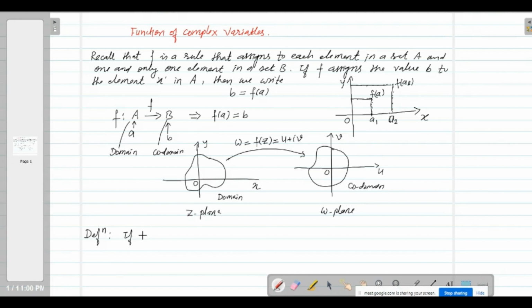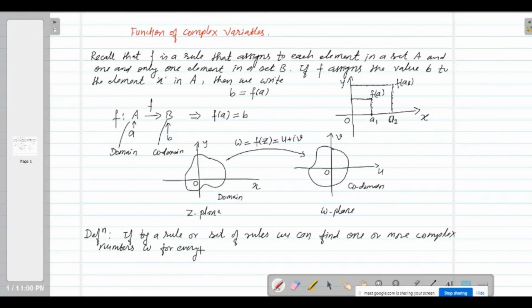If by a rule, or you can say a set of rules, we can find one or more complex numbers, say this is omega, so for every z,